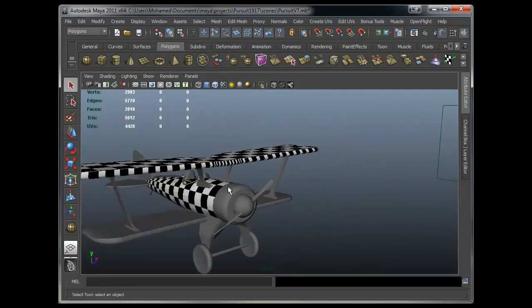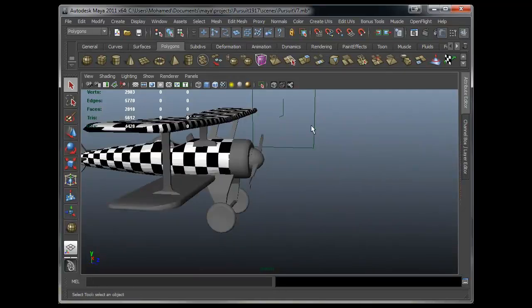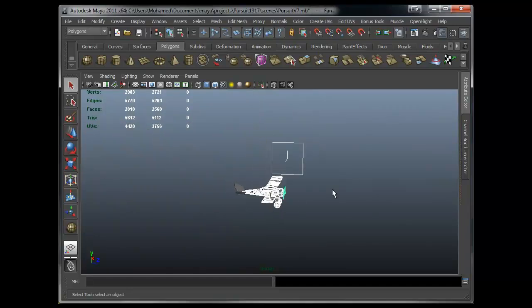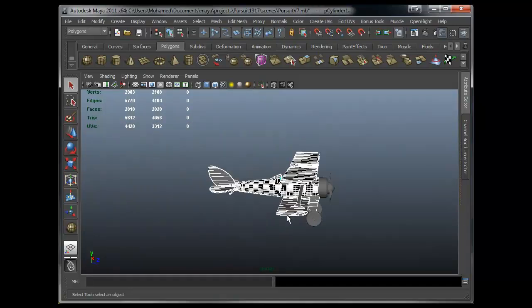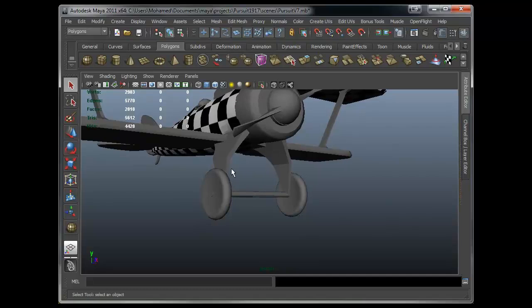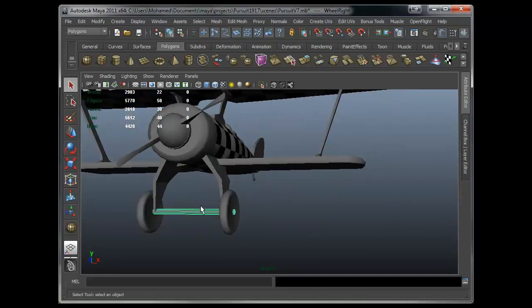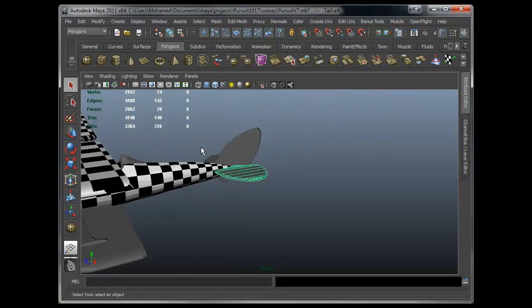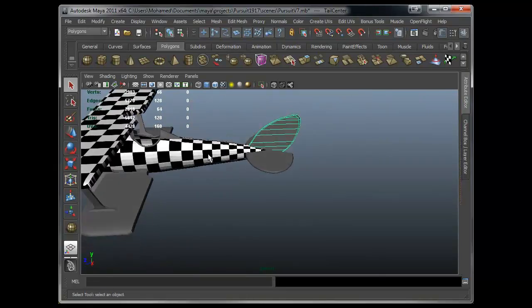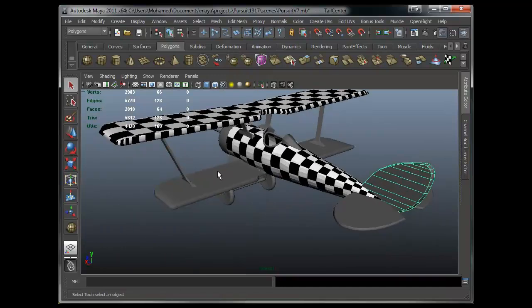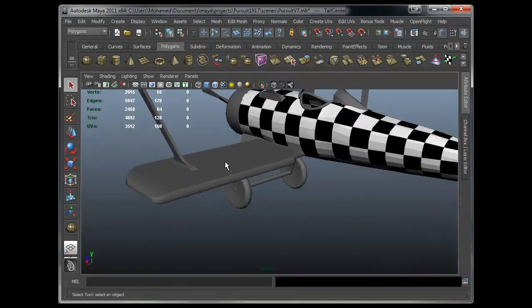Let me just try to select the whole airplane. Hit F. Okay. These are going to be solid color. This is going to have solid colors applied to it. This is going to be mapped as well, in case you want to draw something on it. Okay, so I will grab